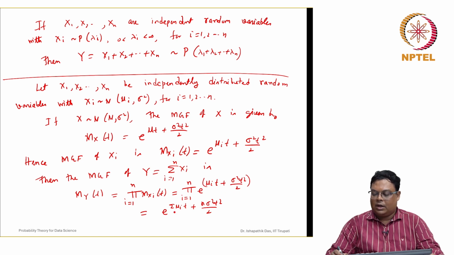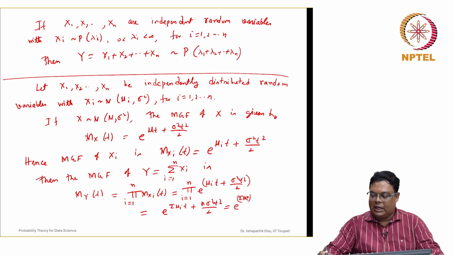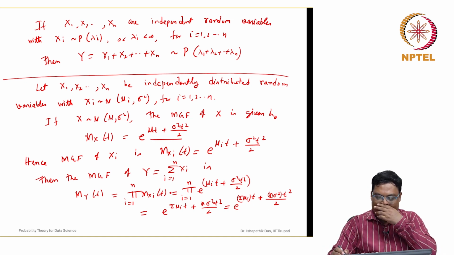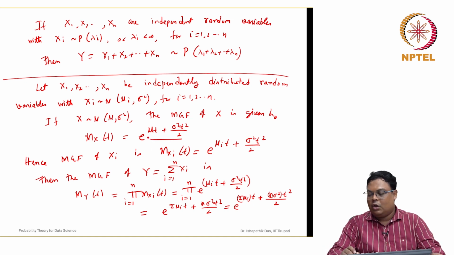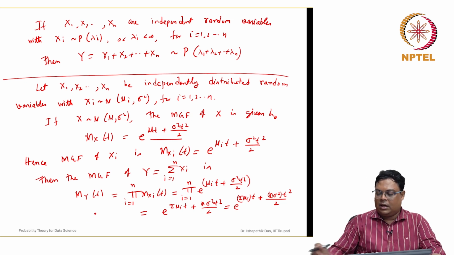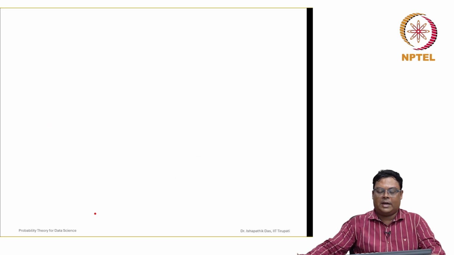So hence this looks like e to the power of summation of mu i t plus, so the t square coefficient is n sigma square, and then t square by 2. This also looks very much the same as the MGF of the earlier random variable, only mu is changed to the summation of mu and sigma square is changed to n sigma square. Hence from the uniqueness property,